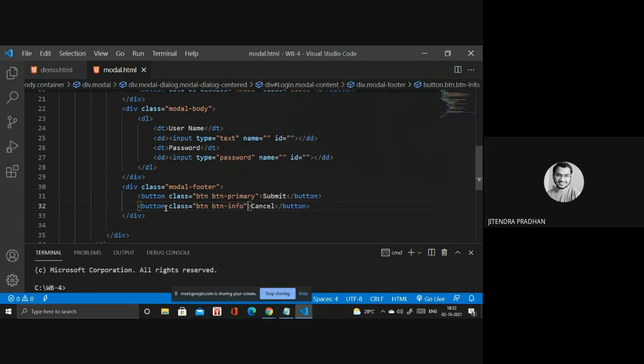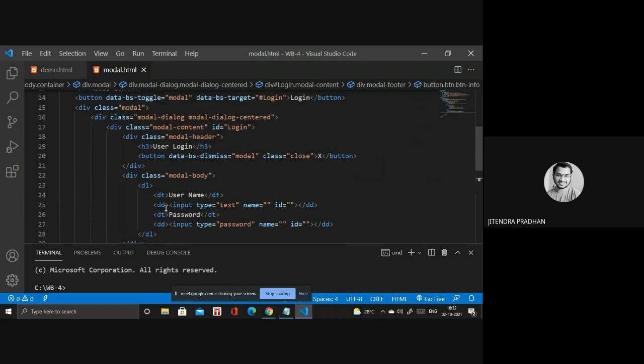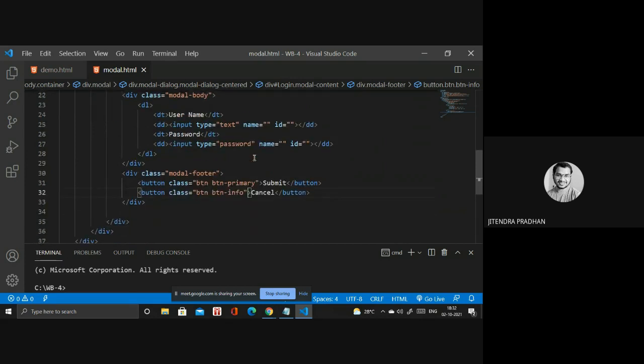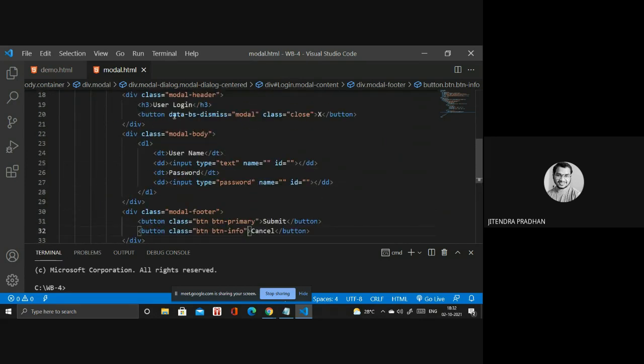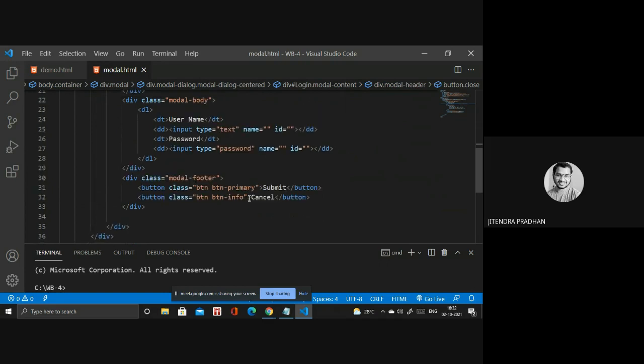And you have to write a particular attribute inside that, same as the close button we had before: data-bs-dismiss modal. You have to write the same thing in the cancel button. Means when I click the cancel button, it will cancel all these things. Okay, we're done with all the parts.